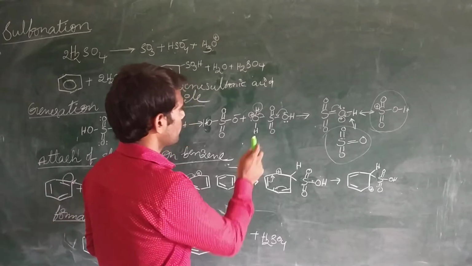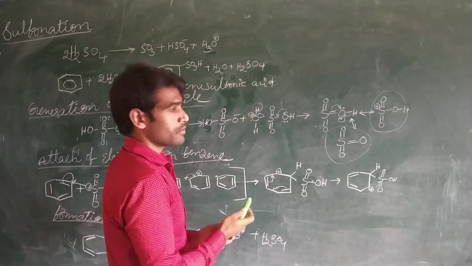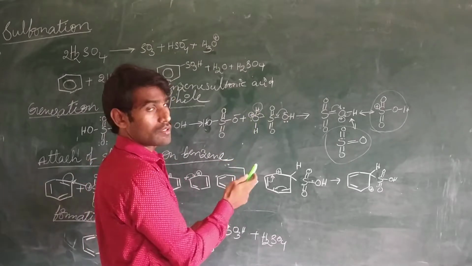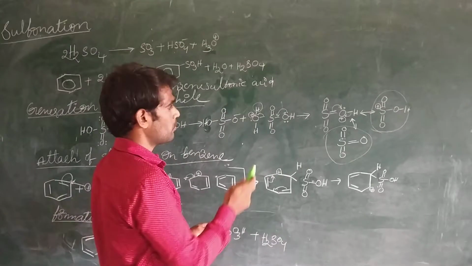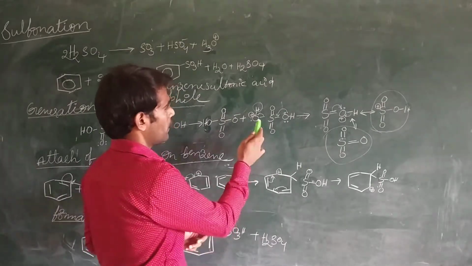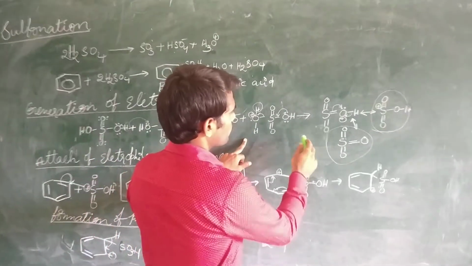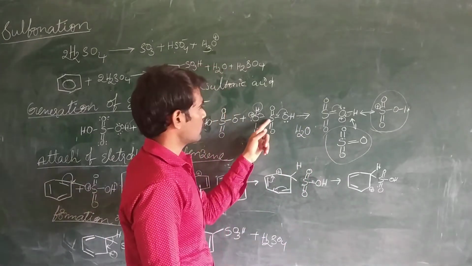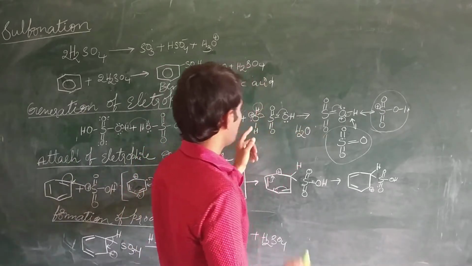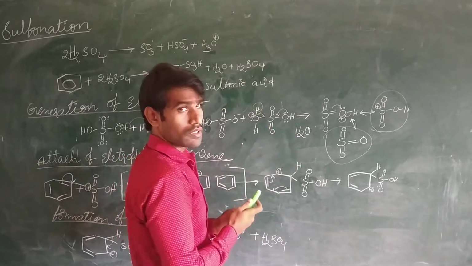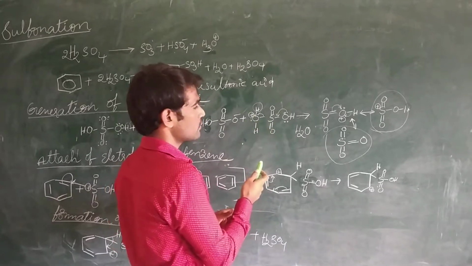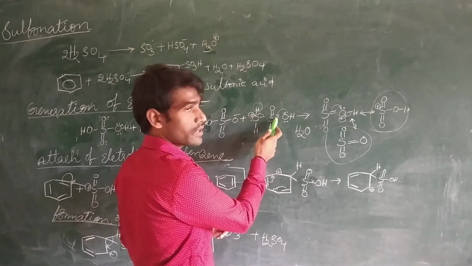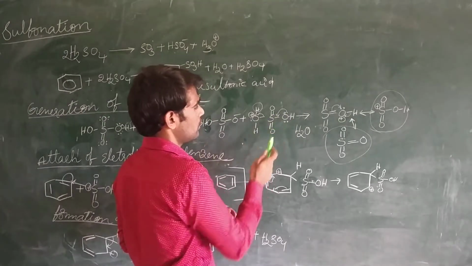Now there is a dissociation between the oxygen and sulfur because oxygen is more electronegative and it now carries the positive charge. It is not willing to carry this positive charge, so the bond between oxygen and sulfur is broken down and it is liberated as H2O. The bond between oxygen and sulfur is dissociated. When the bond between the oxygen and sulfur is being broken down, immediately the adjacent oxygen atom supplies electrons and makes a double bond between the oxygen and sulfur.